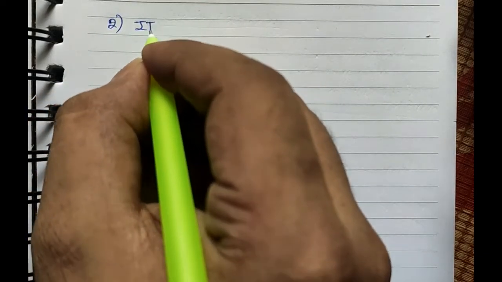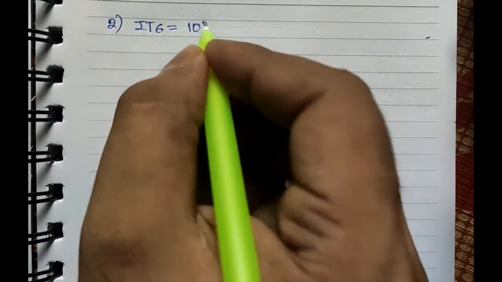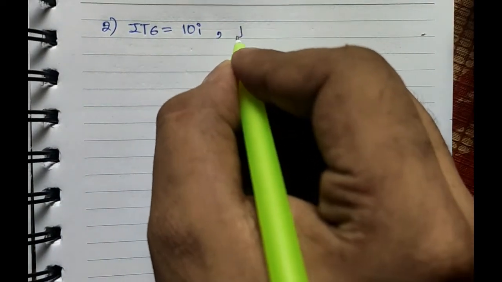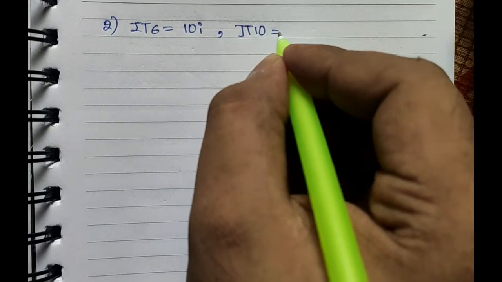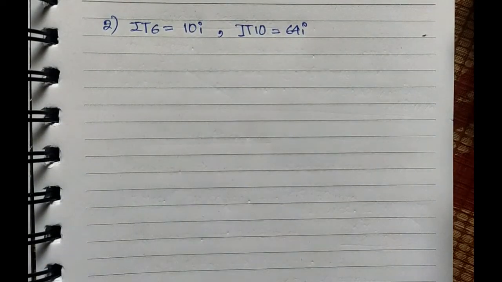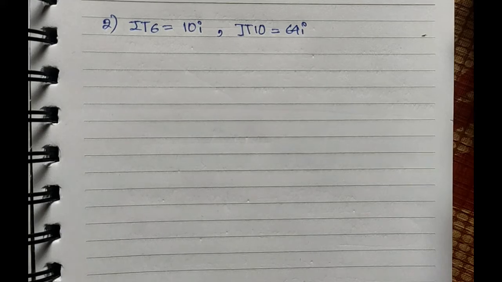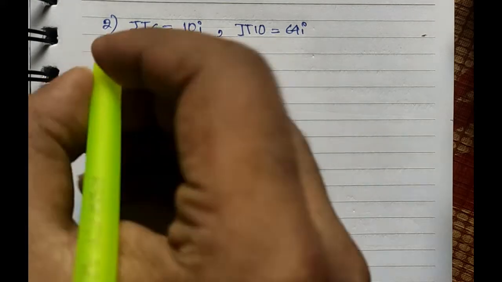So the next problem, problem number 2, says if IT6 is equal to 10i and IT10 is equal to 64i, then what will be the value of IT11, IT15 and IT20? Okay, so basically the standard tolerance, you must know that the standard tolerance